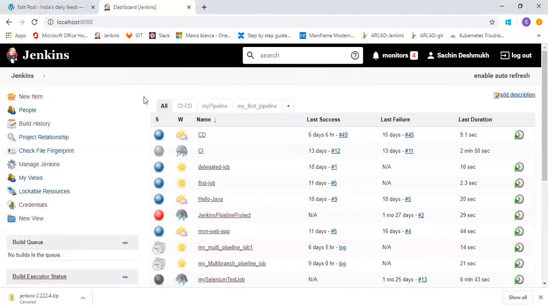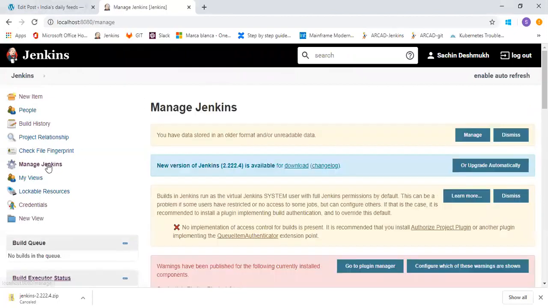Let's move to the second section of Manage Jenkins. The configure global security option will provide the ability to set up the users and their relevant permissions on the Jenkins instance. By default, you will not want everyone to be able to define the builds or other administrative tasks in Jenkins. So Jenkins provides the ability to have security configuration in one place.